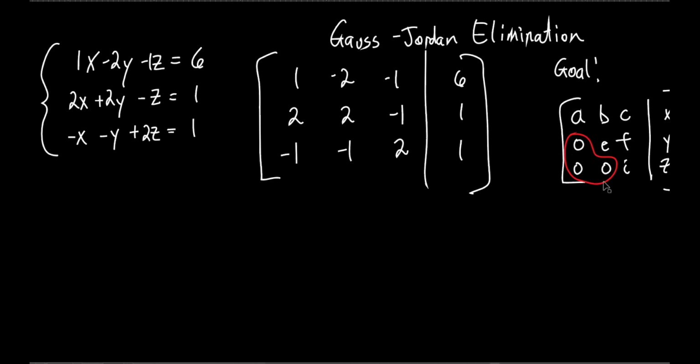So what we're trying to do is put these 3 right here to be zeros, if we can do that. Now look, why do we want these 3 to be zeros? Why do we want these 2 to be 0? Because really, what